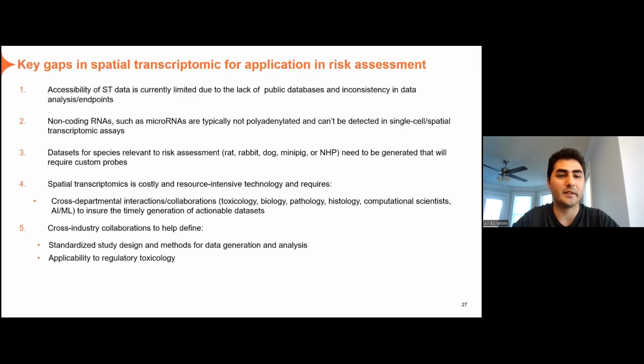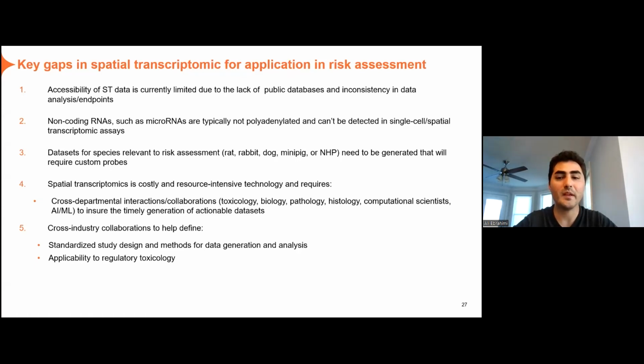toxicogenomics studies. On the other hand, more data needs to be produced for relevant species for risk assessment. Currently, most of the data that are available are for human and mice. And I think also the vendors that are offering spatial transcriptomics, the reagents and the probes that they have mostly work for these two species, but it's more challenging to get data for other species that would be relevant for